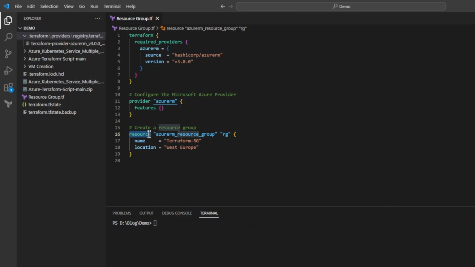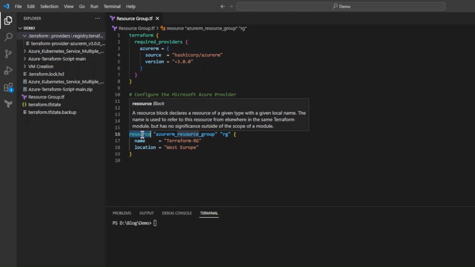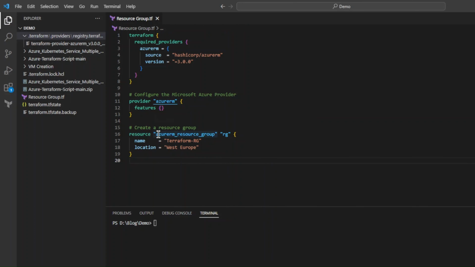I tell that this is a resource. You can have data, you can have variable, you can have local, you can have a lot of things. So this particular thing tells what kind of block you're using. I am using a resource block, which defines a resource that is going to be created. What will be the resource? It is really an Azure RM resource group, and this is a relative path which will be used throughout my